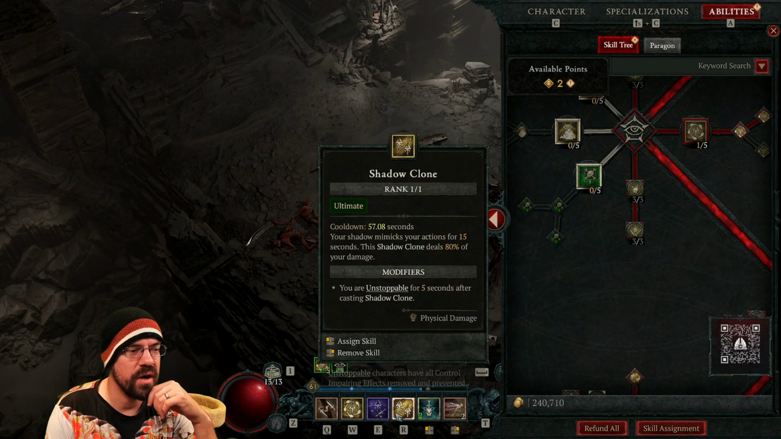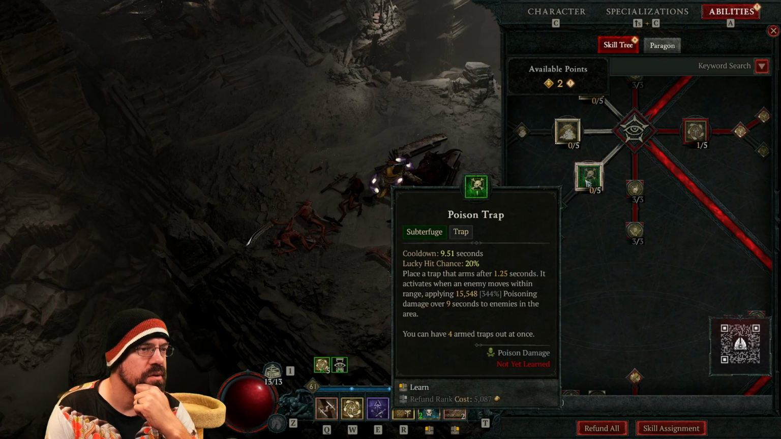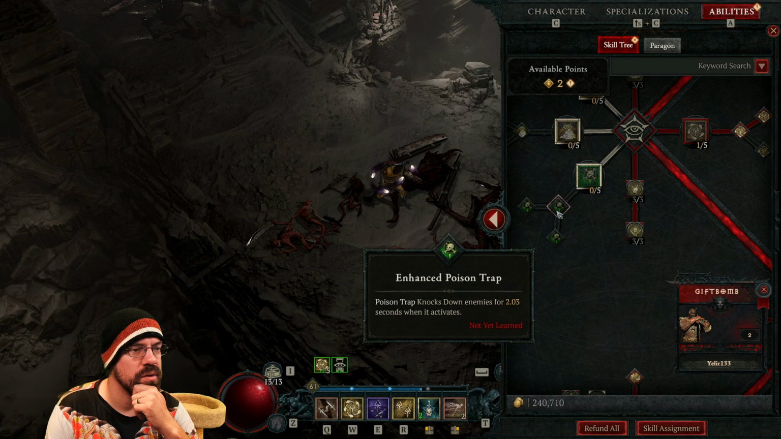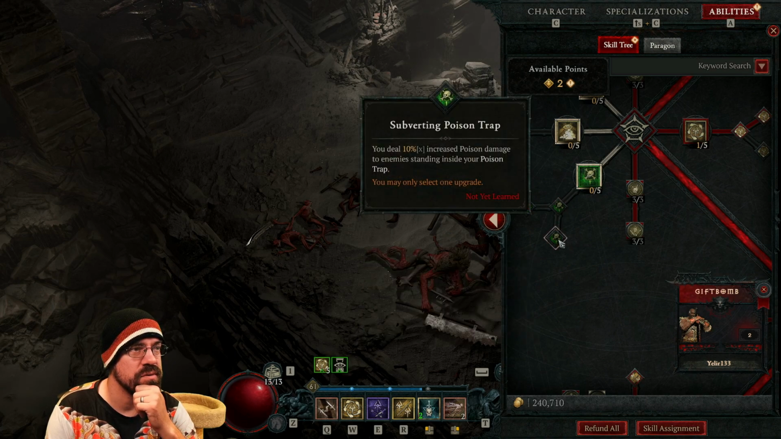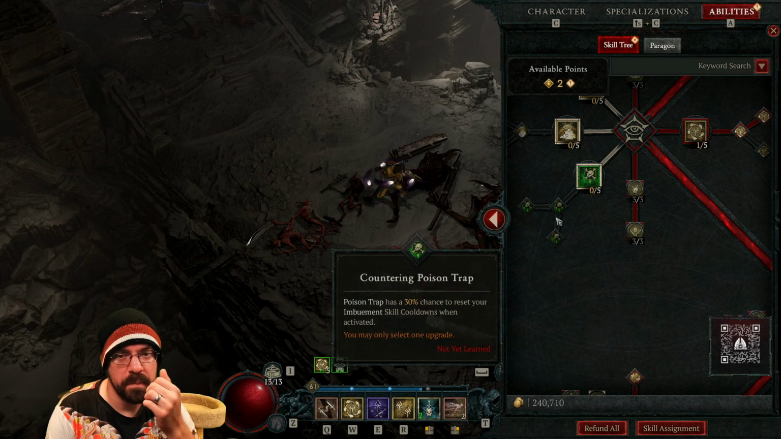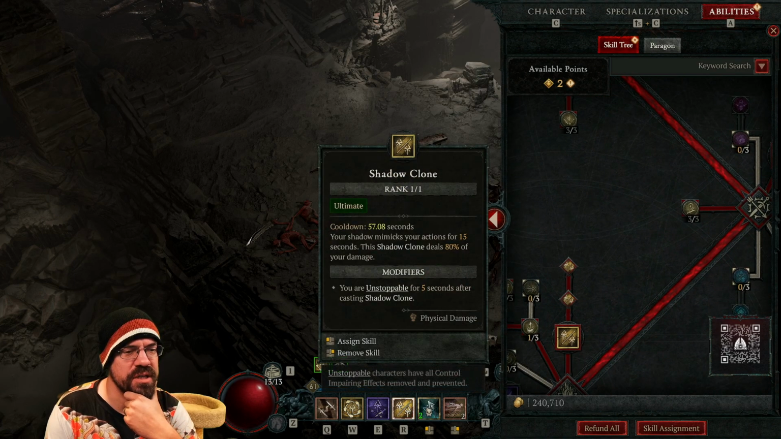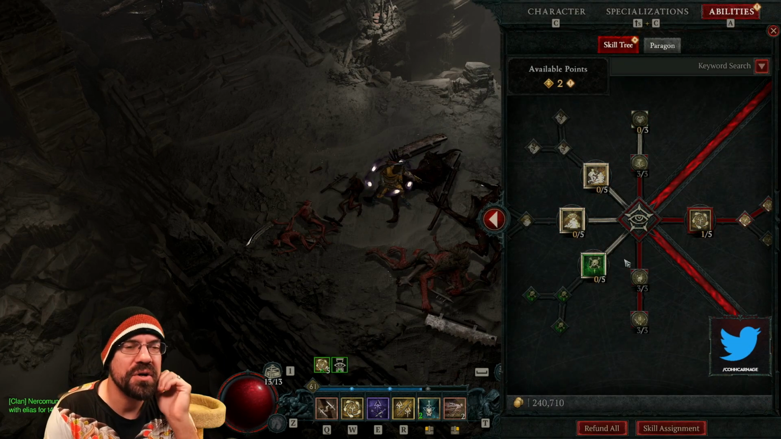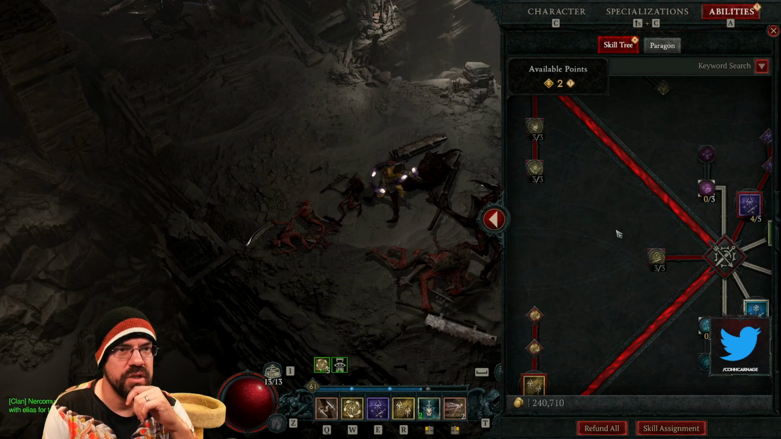Yeah. Take your R out for poison. Oh, poison trap knocks down enemies. That's interesting. The thing is, though, I'm currently using a board for that. How hard is it to reset your